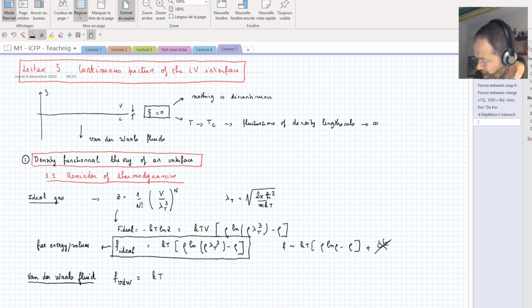It will be kT rho ln of rho lambda_T squared divided by 1 minus b rho, minus rho, minus